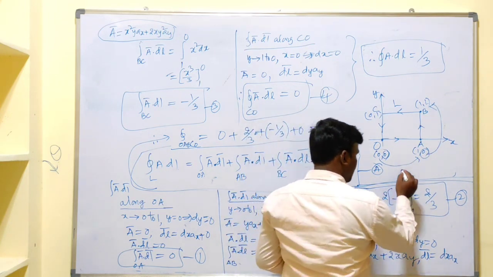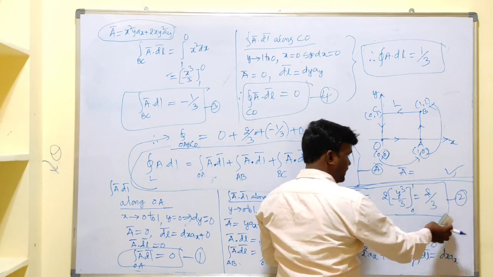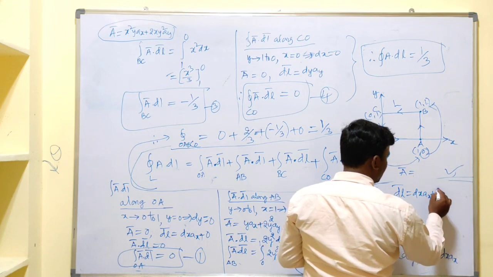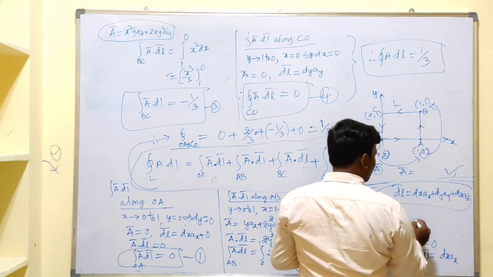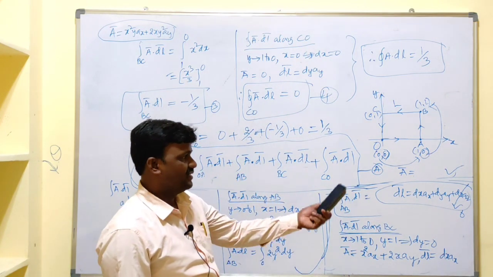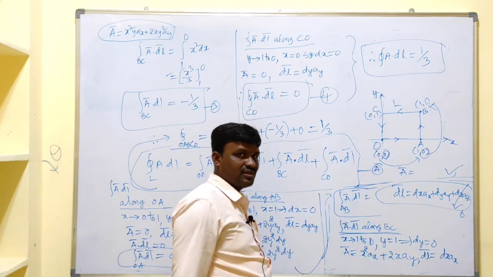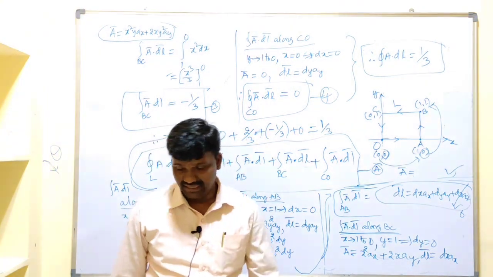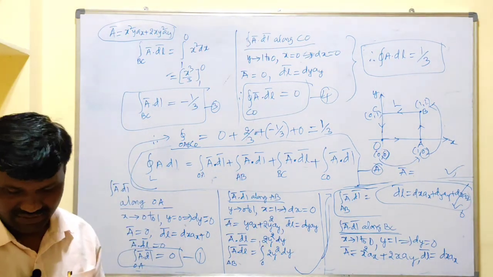And we can write the given vector. A is the given vector, of course, in the question itself. And what about dl? For the 3-dimensional case, we can write dx ax plus dy ay plus dz az. As it is a 2-dimensional case, we can take up to dx ax plus dy ay only, whereas for dz there is no information about z. It is simply the xy plane, that means the z equal to 0 plane. This is all about the circulation of a vector A. Now we can verify this by using Stokes theorem.